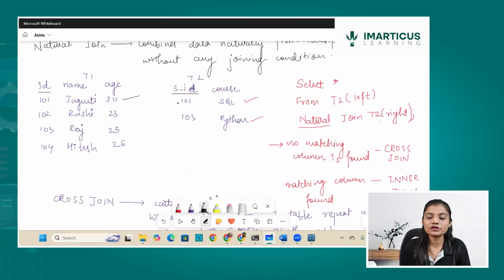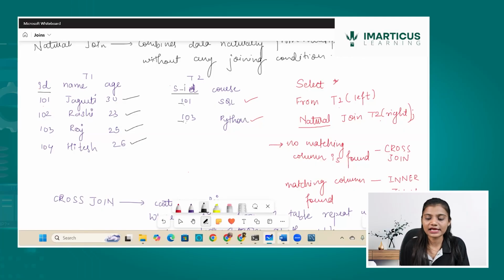That is, this entry will repeat this and this. This entry will repeat this and this. This entry will again form a combination with this, and this entry is going to again form a combination with this and this. So how many records will be made? 4 into 2. 4 into 2 is nothing but 8. So each record from table 1 repeats itself with each record of the another table to make possible combinations or pairs. And this is what a cross join does. So when a natural join doesn't find any common column name based on the natural selection or natural search, it is going to work like a cross join.